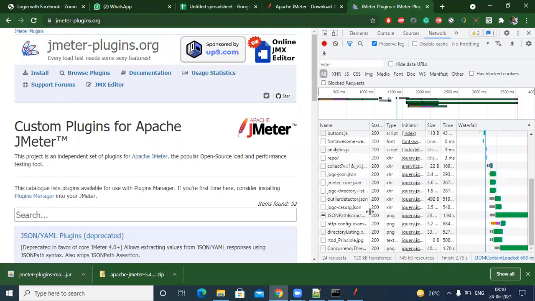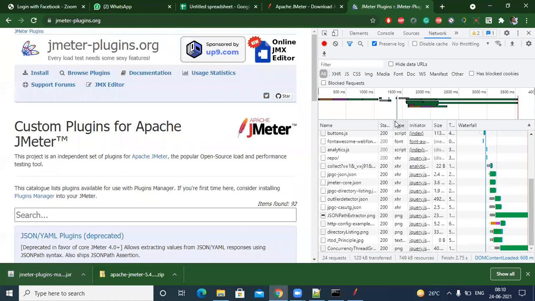If it's one or two, we can write them manually. But if you have multiple things, multiple flows, multiple pages, you can't do it manually. That's why we'll go with the recorder. We need the APIs. How will we fetch them? Either you write them one by one manually, or you use some script to fetch them. That's where the recorder comes in.